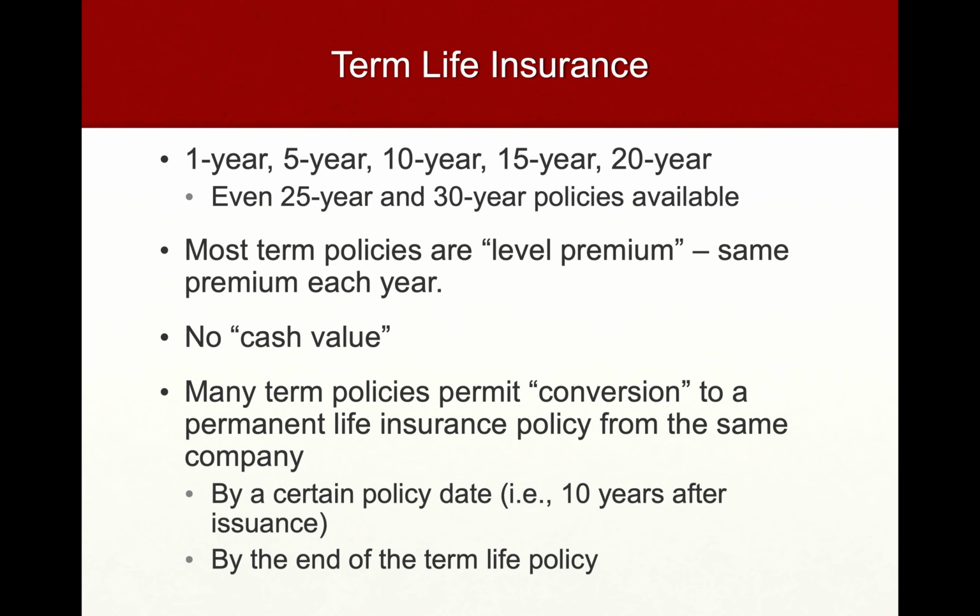Term life insurance, you can get it for a year. Most of the time it's 10, 15, or 20 years, but there's 25-year and 30-year policies out there. A lot of times, 30, 40 years ago, insurance used to be paid with an increasing premium where your premiums would go up a little bit every year. Most of the time nowadays, it's sold as level premium. So whatever your premium is, let's say it's $1,000 a year, you pay that for the entire 20-year period.